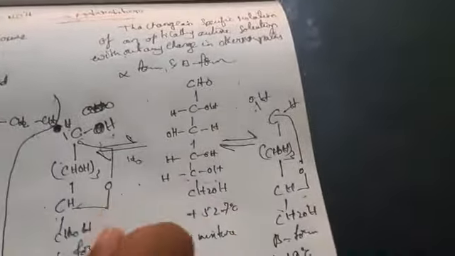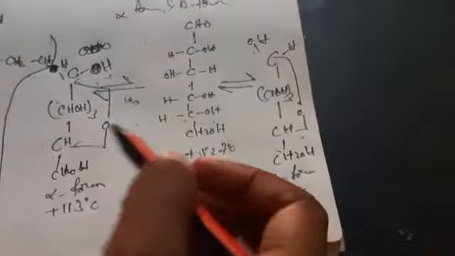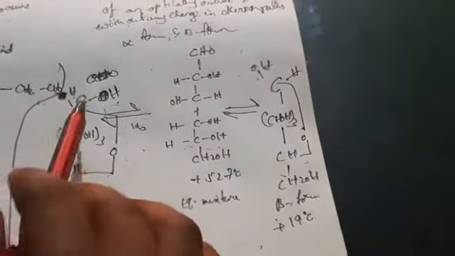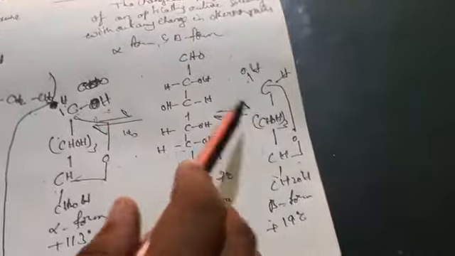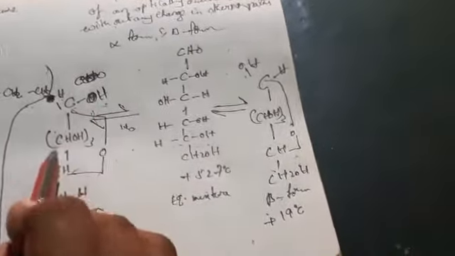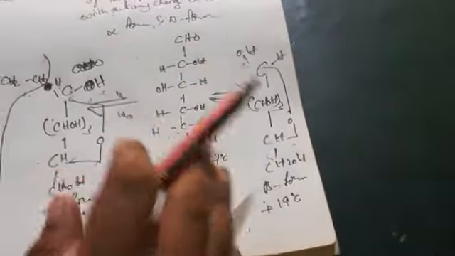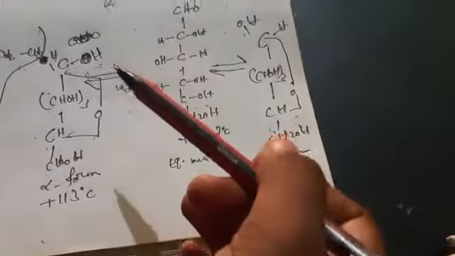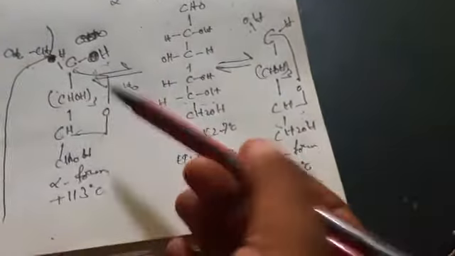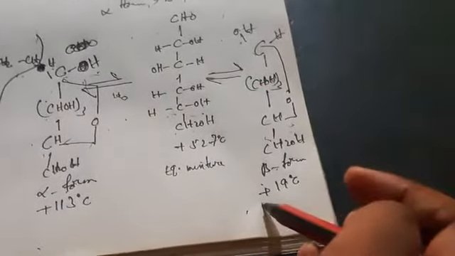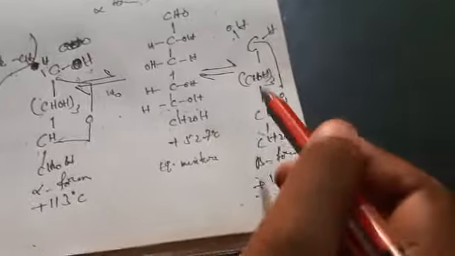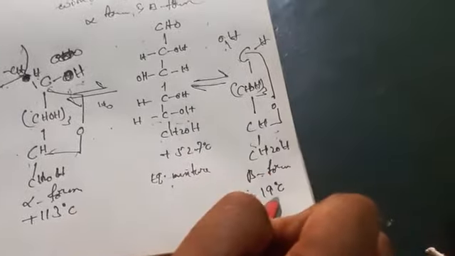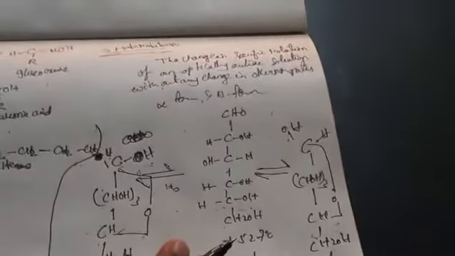So this is nothing but mutarotation. Once again I am explaining. We are taking the equilibrium mixture of glucose. Either of these two forms should be present, alpha form meaning right side OH, beta form meaning left side OH. Take any one of these forms. For example, when I treat this solution with H2O, the alpha form is decreasing and automatically the beta form is increasing, until the equilibrium mixture of glucose is formed. So this is about mutarotation.